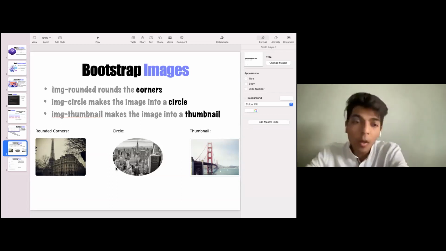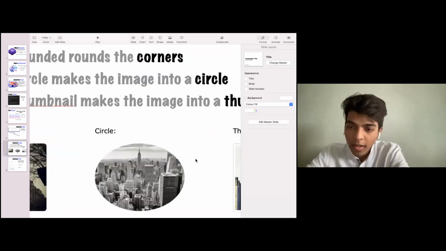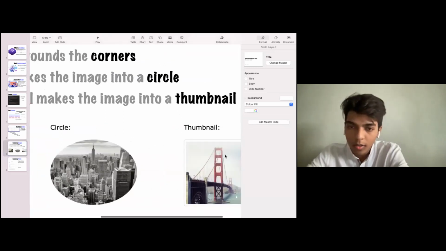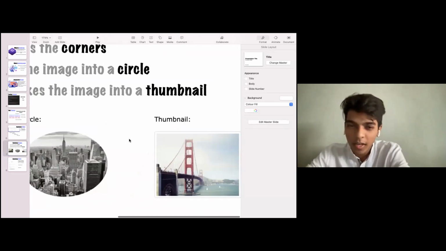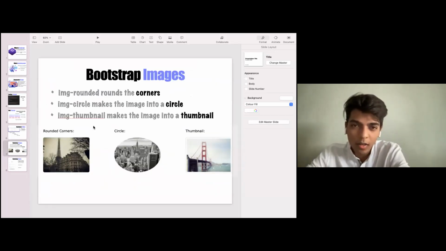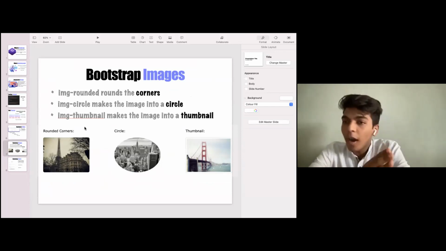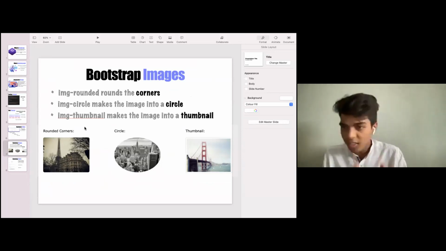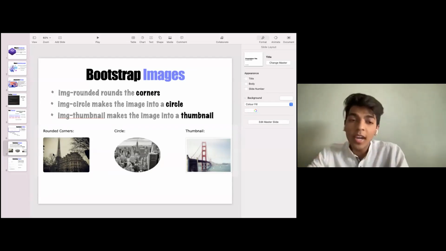circle would do. A thumbnail, as you can see here, gives a border to the image. If you want to use thumbnail, it's very good to use, but most people don't use this, so we'll not be getting into detail for images. Just do that part, with this CDN that I have provided you with, the Bootstrap boilerplate, just write H1, write a div, write an image tag in that, assign an image to that image tag in the source file, and just use this class. And the image that you have used would be getting the rounded corners.